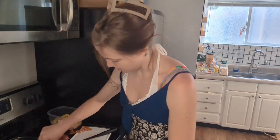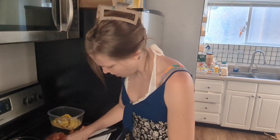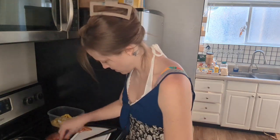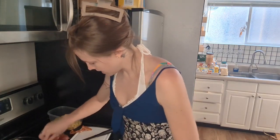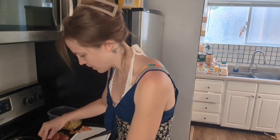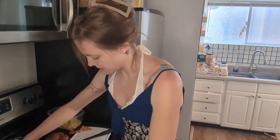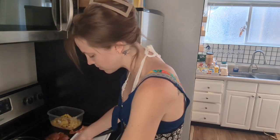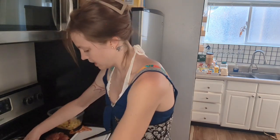Roll, my sausages! Roll! I command thee! Ooh, yes. And you know what? I'll just warm them up in the morning in the air fryer. Having these ready to go with the potatoes, and then I can throw an egg in the pan, is going to be so much easier,